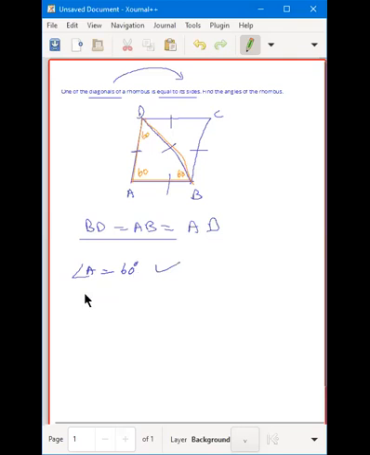What will angle C become? See, what will be angle C? 60 degrees. Reason being? Opposite angles are congruent in a rhombus. Okay, and now all the base angles are equal. So even in this triangle BCD, all the sides are equal, so this is also an equilateral triangle. So what will angle D become?